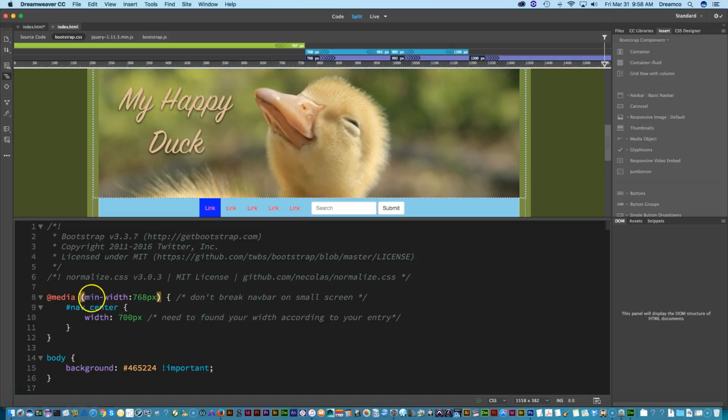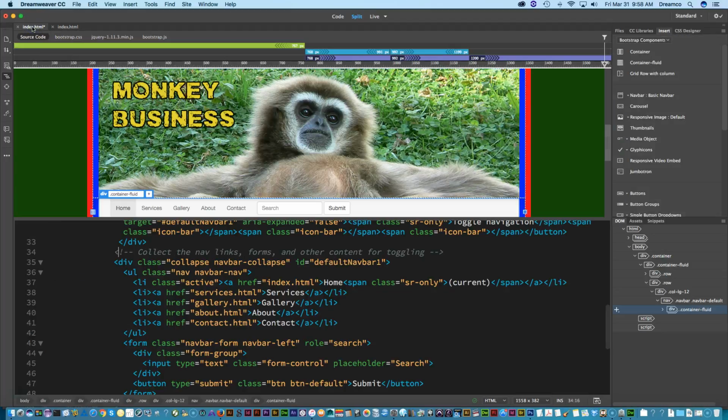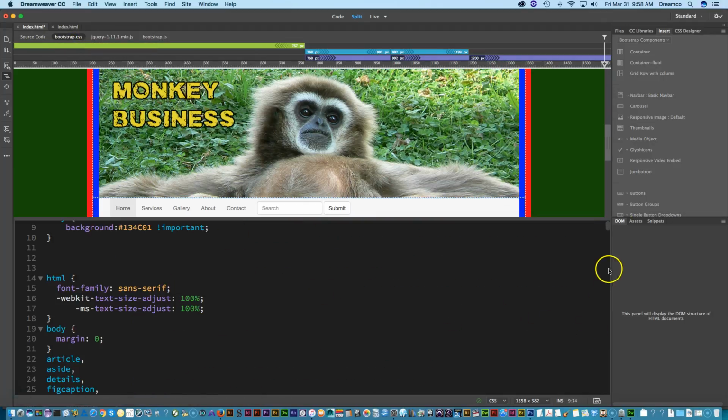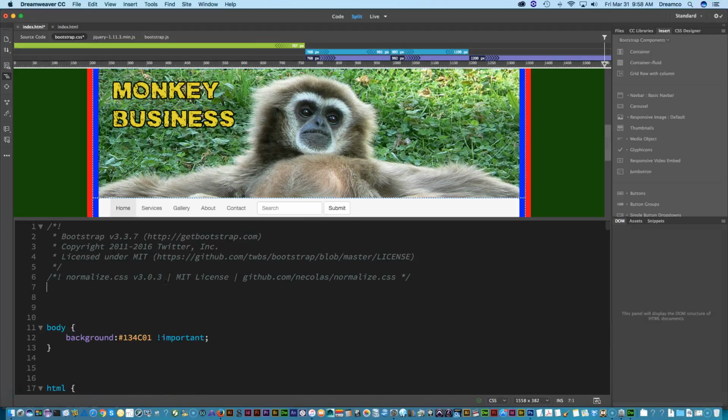In this case, it's going to say, hey, if the minimum width of your device is 768 pixels, then we want to center the navigation and we want to make this whole navigation bar itself about 700 pixels wide and center it, right? So that's how it centers it. So what we're going to do is I'm simply going to copy this block of code here, right click and do copy. We're going to go over to index.html for our monkey page, and then click on the bootstrap.css. Once again, we're going to go up to the very top here so it's easy to find, and we're going to paste in